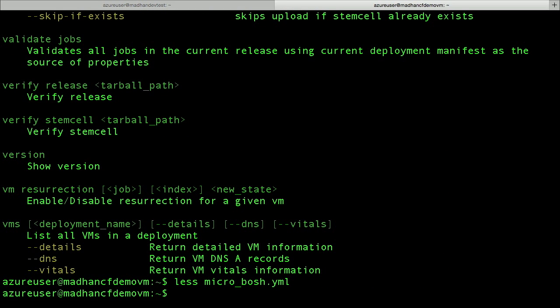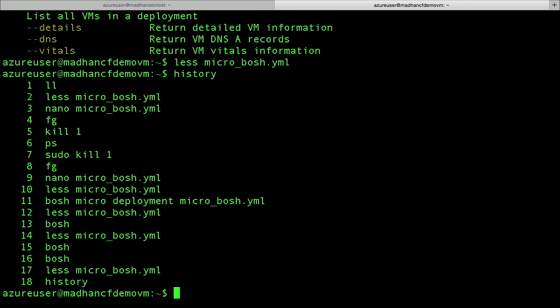And then I just do, I think I did a, I look at, that's it. So I just have to do a BOSH micro deployment, micro BOSH the YAML file that you did, and that's it. Once the deployment is set up, I would actually end up with the creation of a micro BOSH VM. And then from that point onwards, you do exactly what you do with Cloud Foundry on any cloud. You're up and going. So very simple.